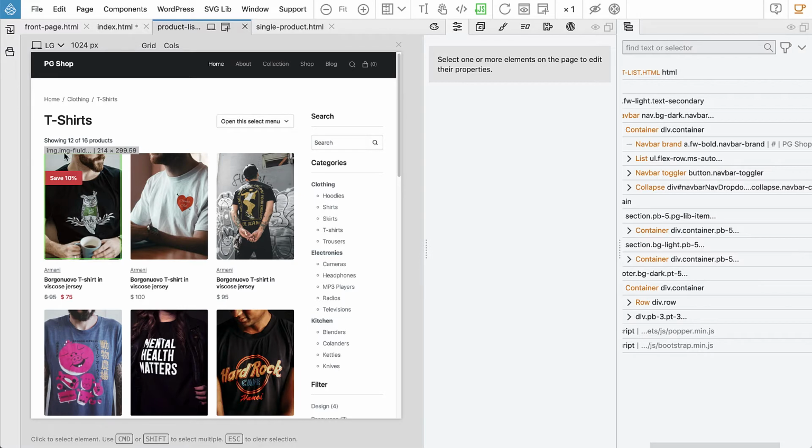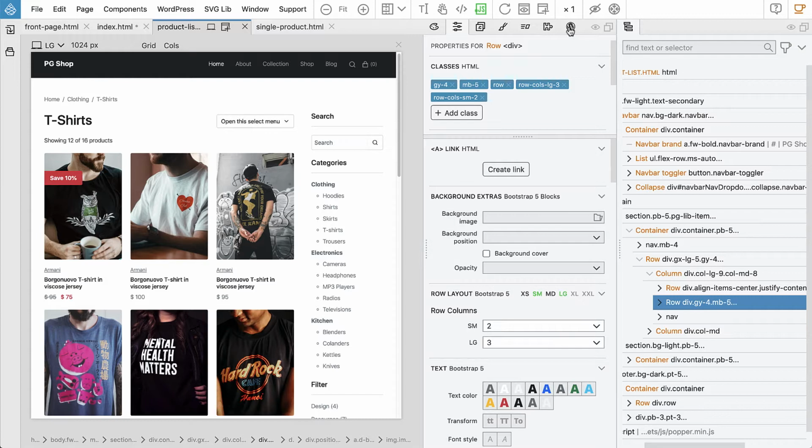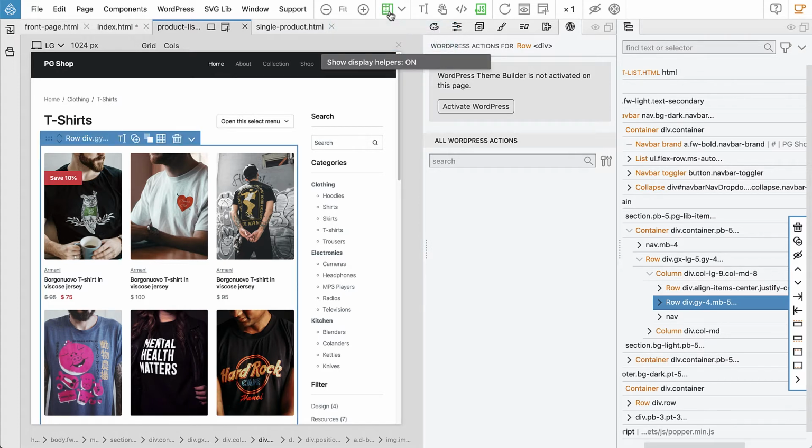So we need to select the appropriate element that encapsulates the products. I have the toggle visual helpers off. This is sometimes useful if the borders get in the way. Just toggle them, switch them off, switch them back on. So we have this row, and I guess this looks like a good place for our